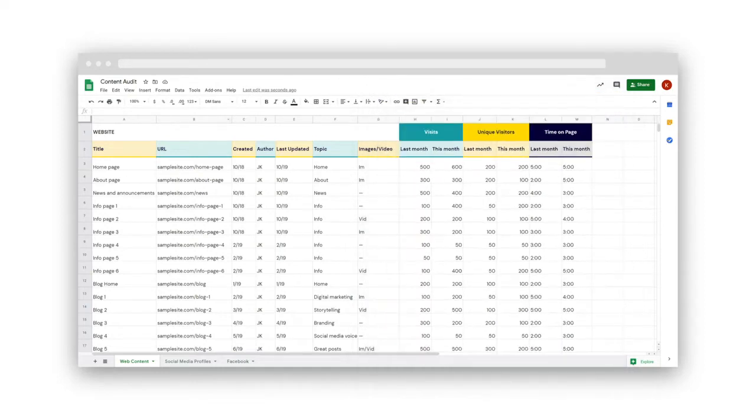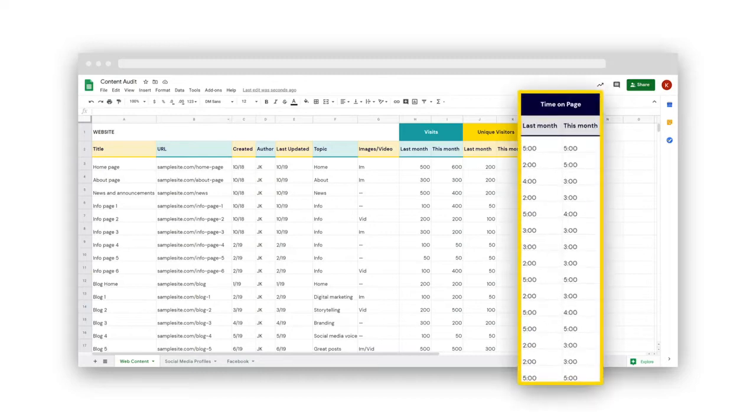As you're adding these metrics, you may want to organize them by month, so you can keep track of how your content is performing from month to month. Now, you can't just compile this massive resource of data and just let it sit there. Don't worry, if you don't have a background in business analytics or statistics, simply start looking for patterns.